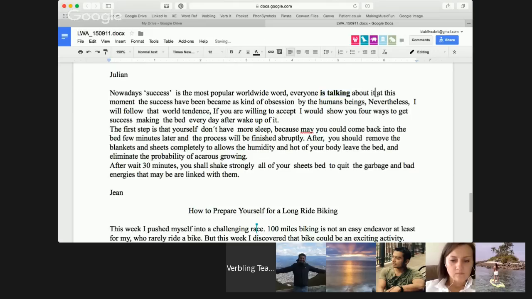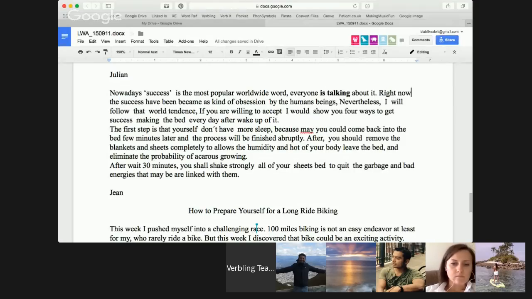Full stop. "At this moment" is not wrong, but it's a little bit overused by non-native speakers. I think in this type of context, it would just be better to say "right now," Julian. It's more natural sounding. Okay, right now,